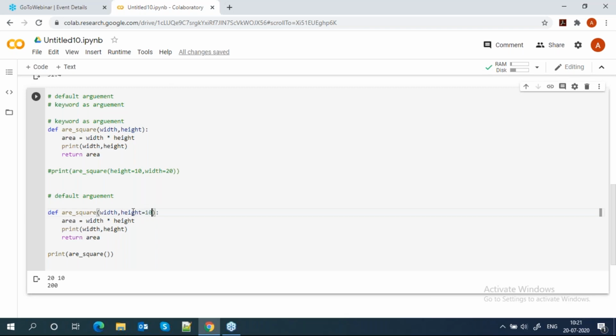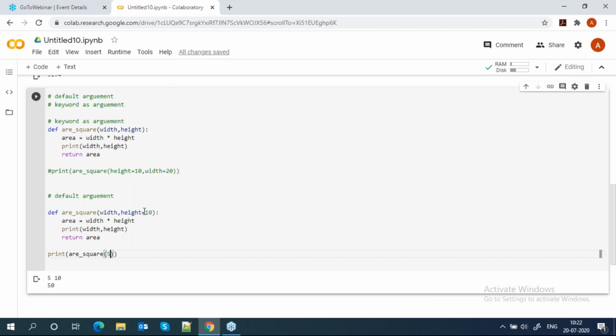Default argument always follows the non-default argument. This is my non-default argument. In this scenario, if I am passing 5, it will work. You can see 50. Why is it working? Because I have two arguments, and I need to pass two arguments, but in my scenario it is working. Why? Because one argument is my default argument.